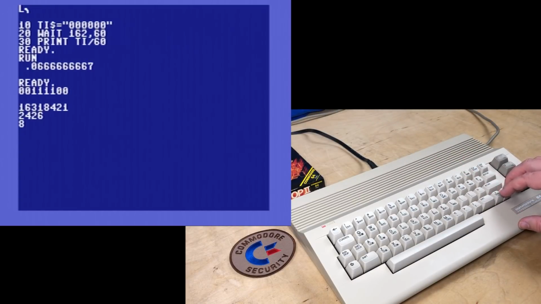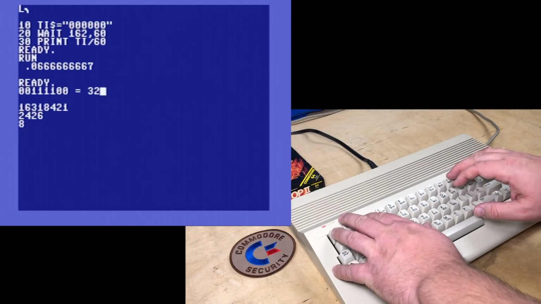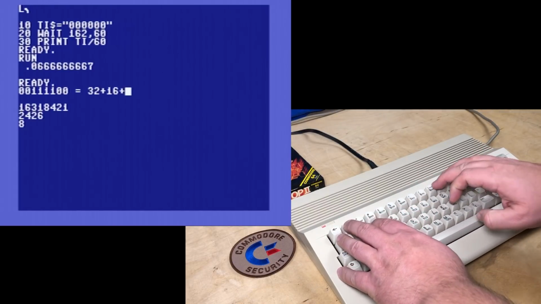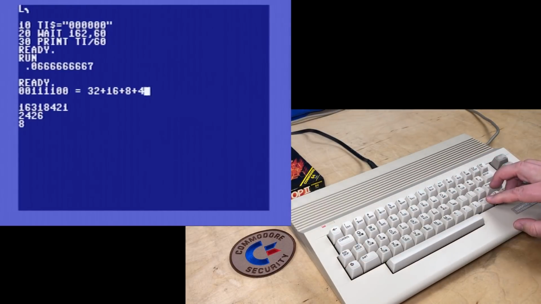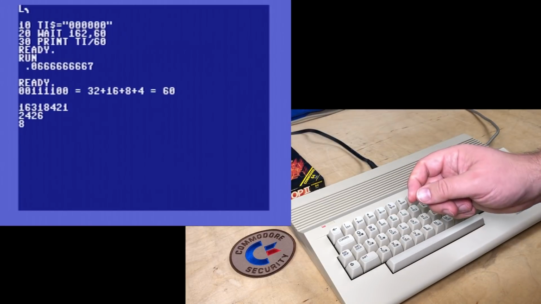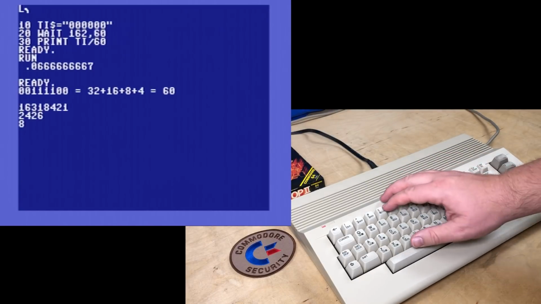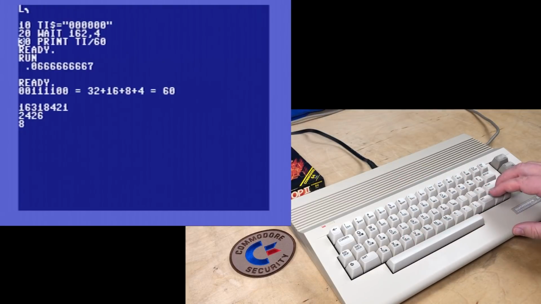So all that together is 32 plus 16 plus 8 plus 4 equals 60. So as soon as that timer counts up to 4, then one of these bits will be true and the wait will be done. So we can confirm that if I change the 60 into a 4